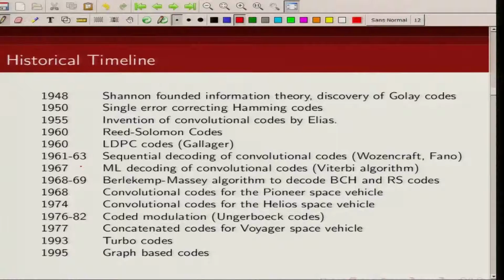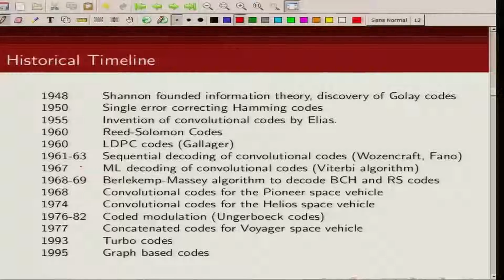Around 1967-68 Viterbi's algorithm for maximum likelihood decoding of convolutional code came, and then around 74 the BCJR algorithm was proposed. In the late 60s and early 70s, convolutional codes and concatenated codes found applications for deep space applications, and